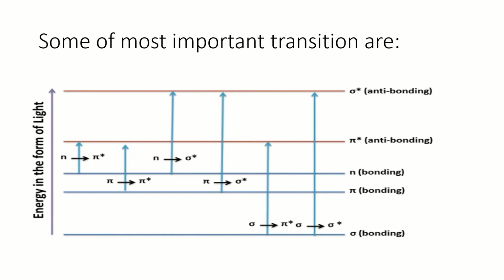Depending on the functional groups, the organic molecules may undergo several possible transitions, which can be placed in increasing order of their energies. Firstly, n to pi star is less than pi to pi star is less than n to sigma star is less than pi to sigma star, and the very strong one, that is sigma to sigma star. This means that this technique is especially useful as there is an increase in unsaturation, number of unshared electrons, and aromaticity.